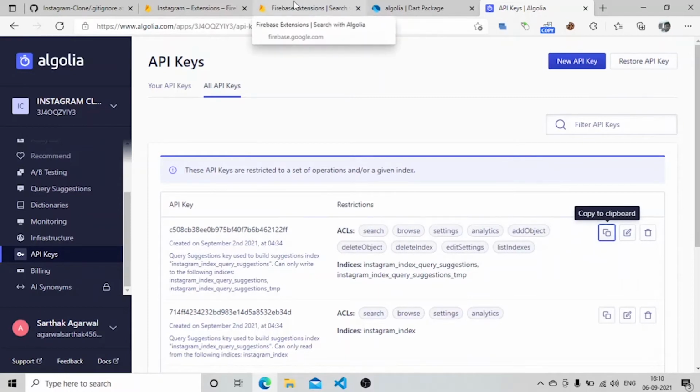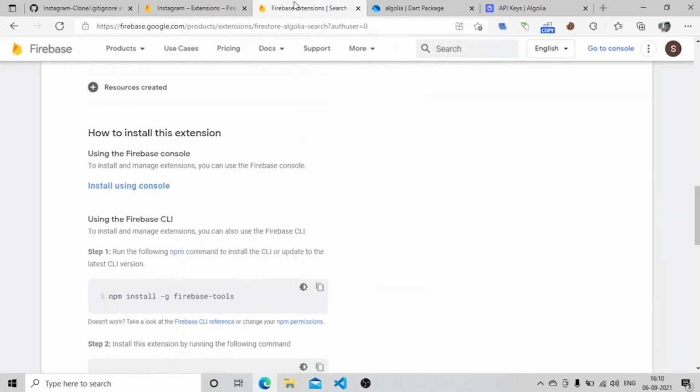After installing the extension, there might be two possible cases for your collection of users. I am taking the example of users only. If your collection of users already has documents, like 50 documents, and you want to transfer all those documents to Algolia, that is one case.